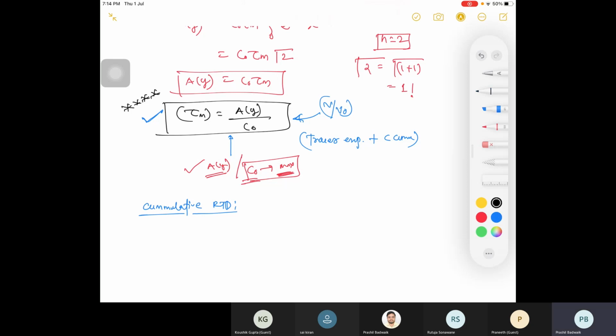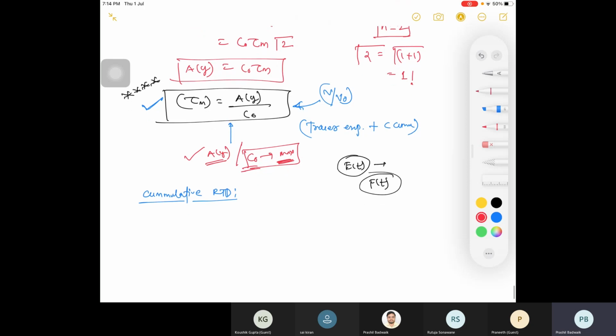Our next step was calculation of E(t), but in step injection you are getting F(t) first, right? Then from F(t) we will get E(t). So let's calculate it quickly. F(t) is what value we derived in step input? C step(t) divided by C max. C max is your C naught. So F(t) is C step(t) divided by C naught.